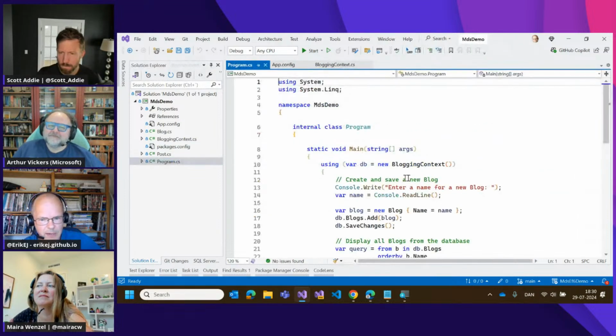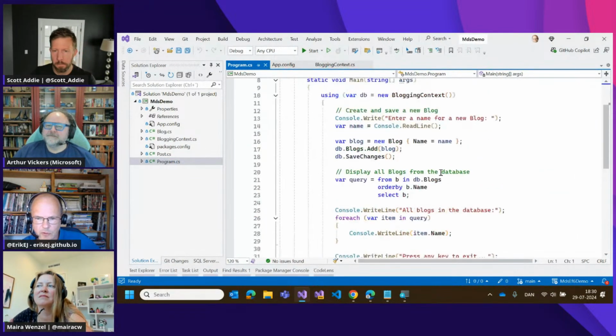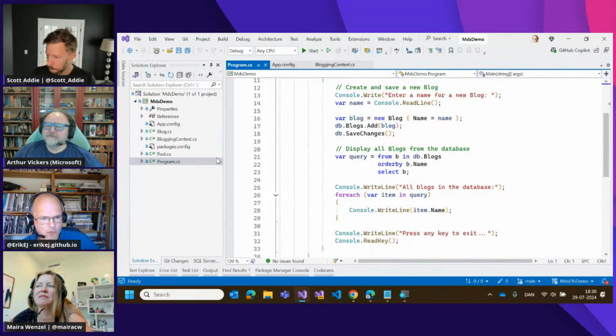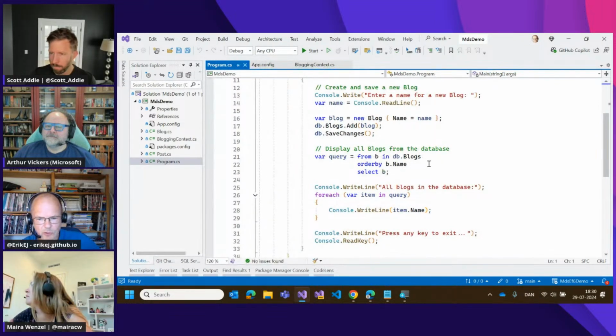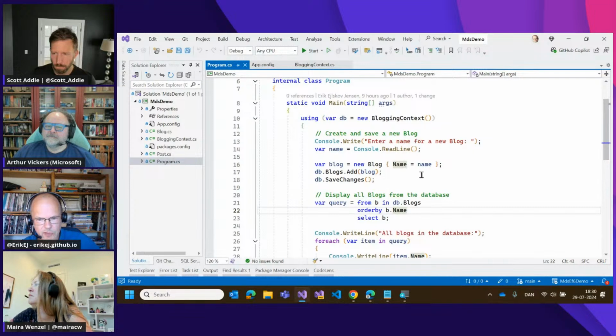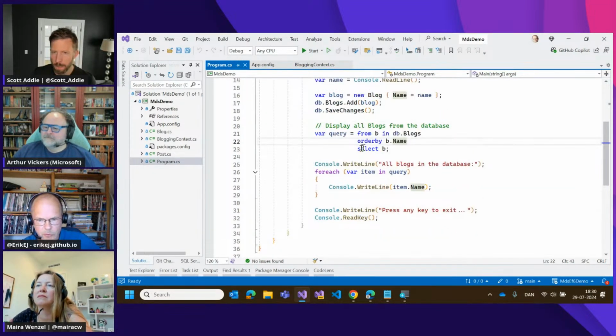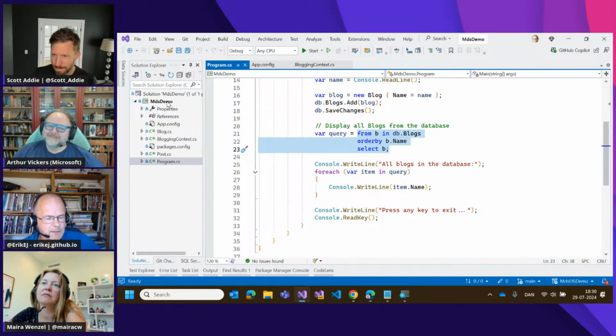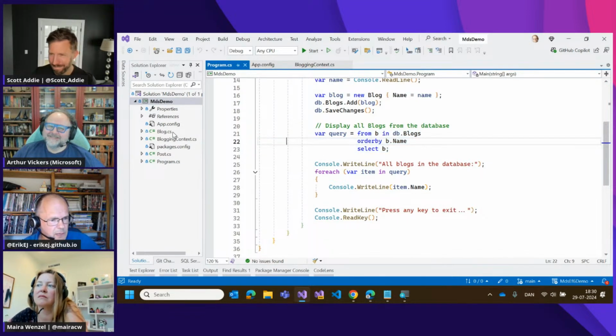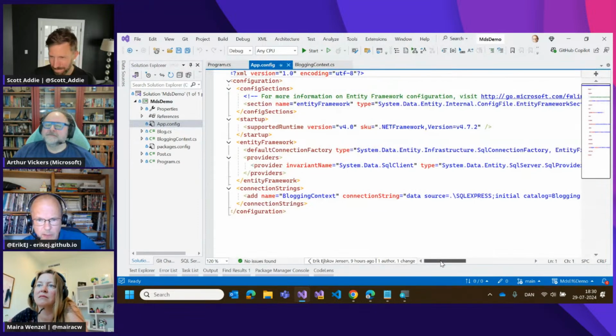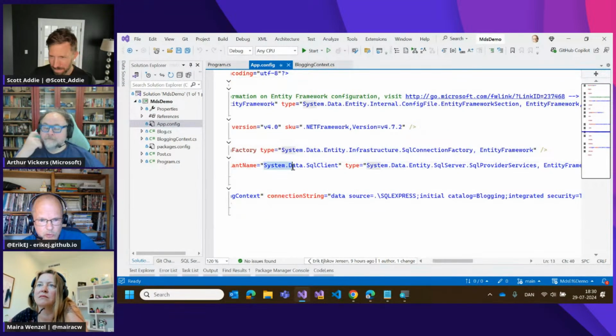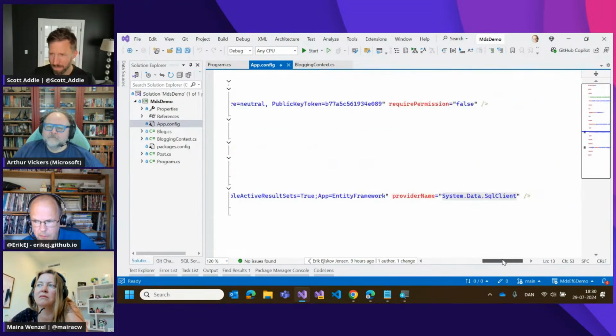And then we have a little app here, and this is just complete copy paste from the Entity Framework 6 documentation. We can see it exercise adding a blog to the blog table and then list all the blogs using an interesting LINQ syntax. If we look a little deeper in the app config file, we can see we're using System.Data.SqlClient bubbling up here, and also down here.